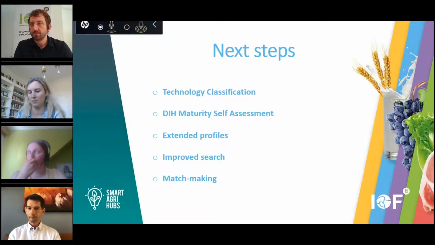And that information then later on will also be used in the matchmaking. So the search for organizations will improve a lot,